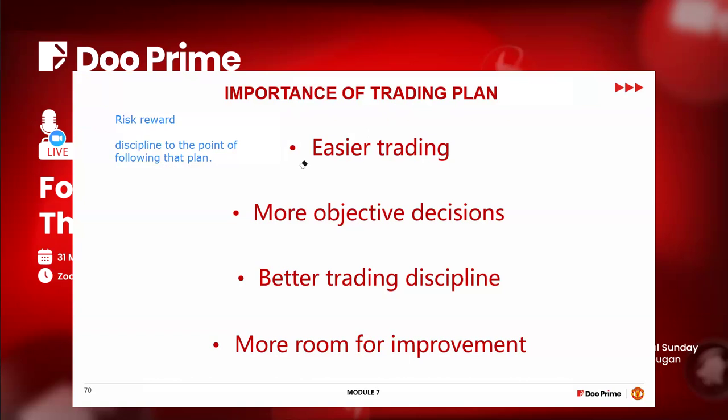It gives you more objective decisions to make. You have your stop loss at a point. Let's say your stop loss is 20 pips. You already say that once the trade goes against me, let's say this is an uptrend and this is your stop loss, if it goes against me at this level, I'll take my loss. Some people don't do this. Some people have their eyes set on, if the market drops to this level, I want to enter and start buying, no problems.